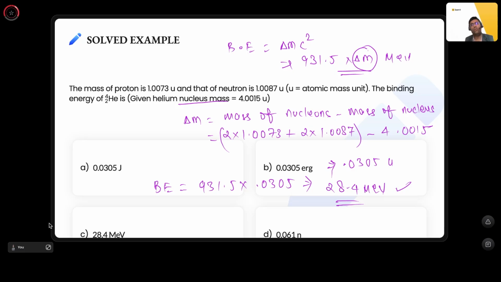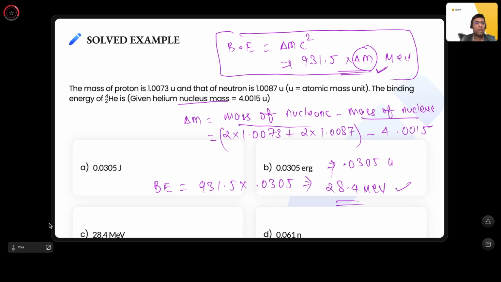So these questions are a bit calculative. आपको पॉइंट्स में ऐड सब्ट्रैक्ट मल्टीप्लाई करना होता है, बट दे आर वेरी सिंपल. दिस फॉर्मूला विल बी यूज्ड. बेसिकली दिस वन, डेल्टा एम आपको निकालना है। डेल्टा एम हमें पता है मास ऑफ न्यूक्लियॉन्स माइनस मास ऑफ न्यूक्लियस